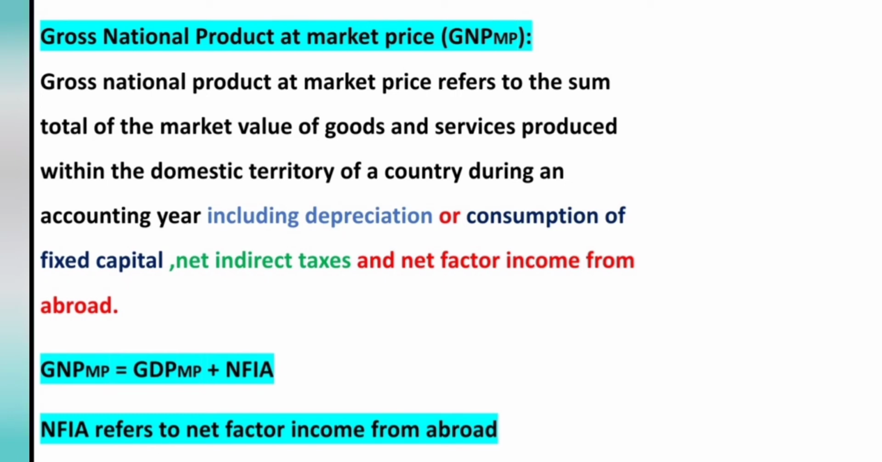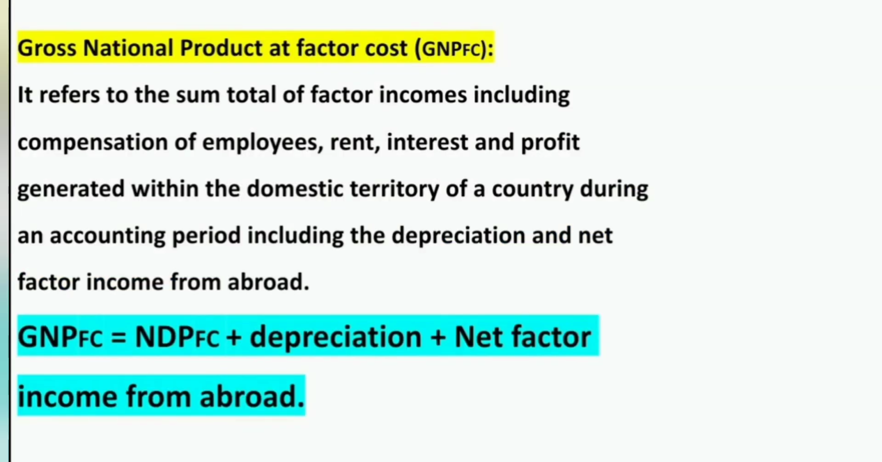So, what is GNP at factor cost? It is measured at factor income. And it is again a gross concept, it is a national concept. So, it includes depreciation, it includes NFIA, but it does not include net indirect taxes. So, it is very easy to calculate GNP at factor cost if you have calculated GNP at market price, because GNP at factor cost is equal to GNP at market price minus net indirect taxes,